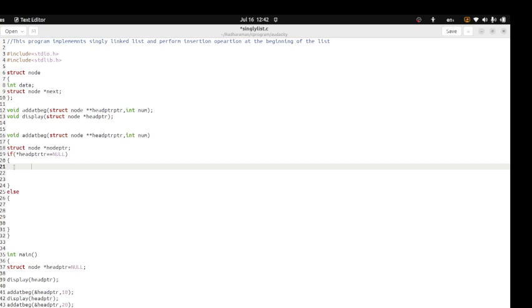Now we will reserve a memory location for the new node, and the address of this